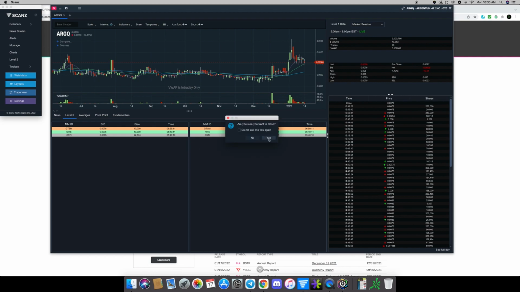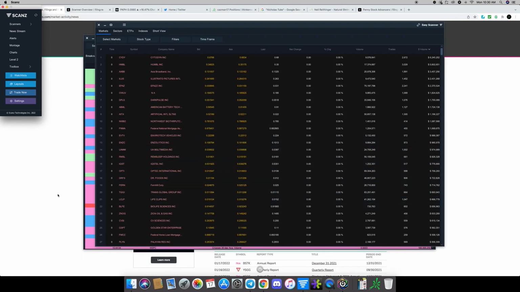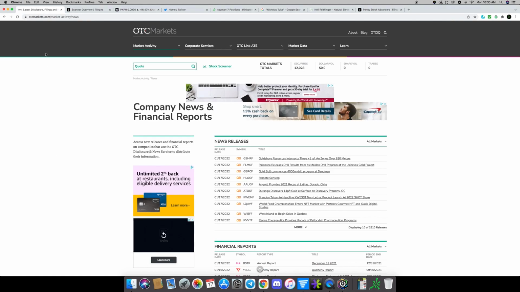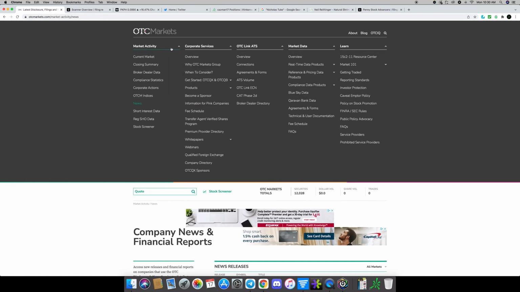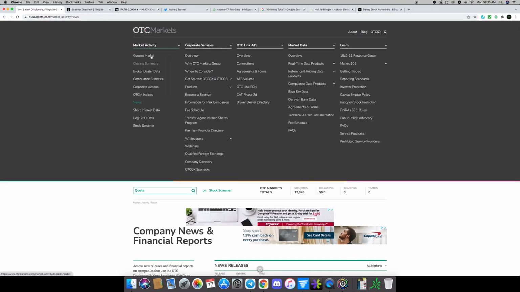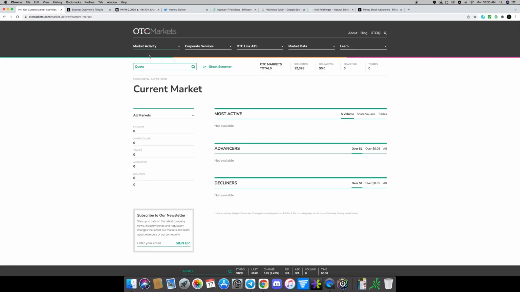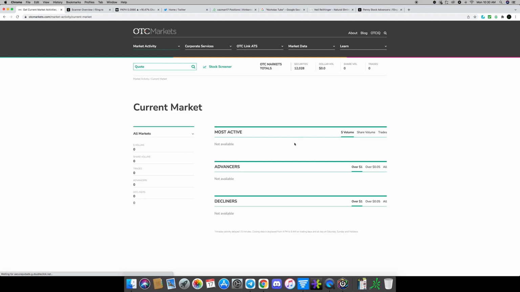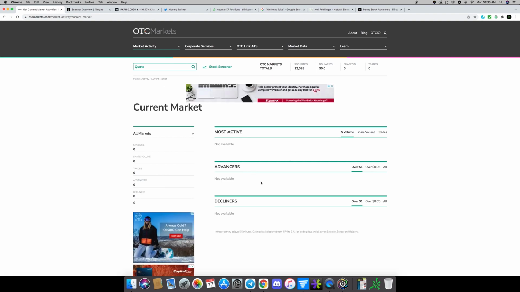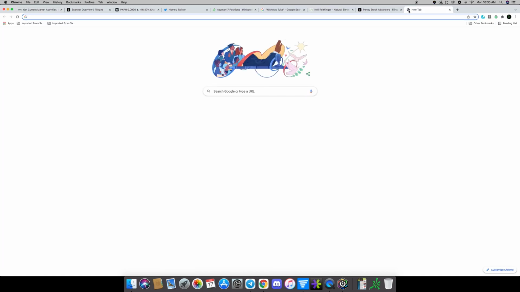Now, another way I will look for tickers is go to OTC Markets, go to current market. Now, of course, it's not on here, but usually it'd be most active, advances, probably because it's closed. Well, yeah, it's definitely because it's closed, but I was hoping they would have Friday's, but I could show you